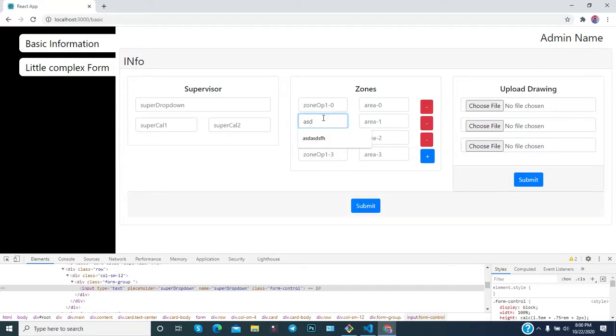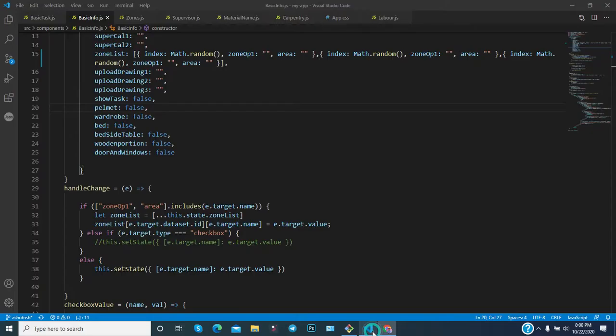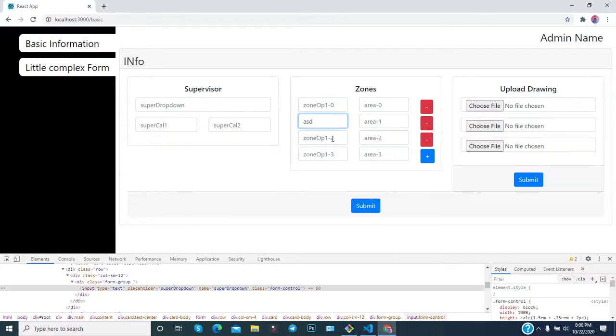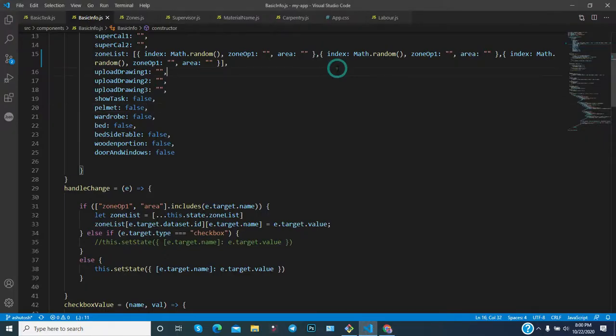Whatever you provided initially will be null. That's why you get null the first time. But whatever you type dynamically, that particular data gets set or updated for that particular value.